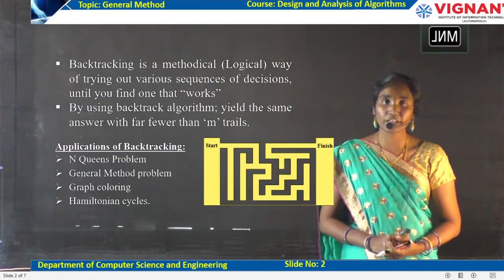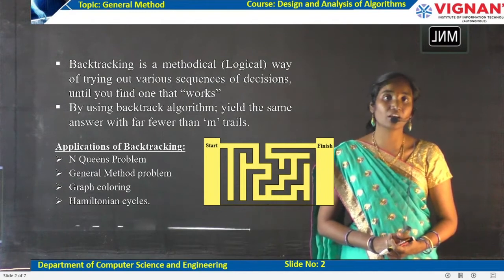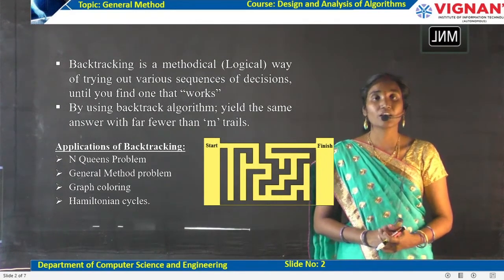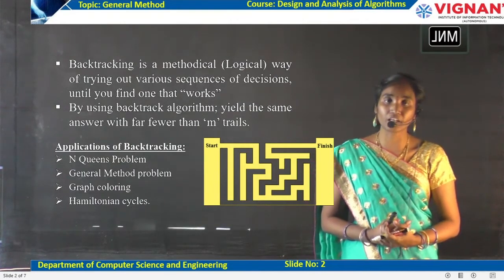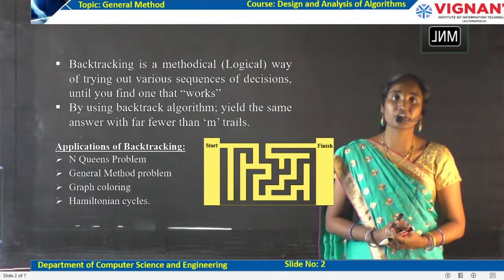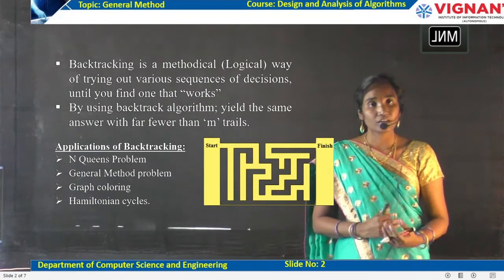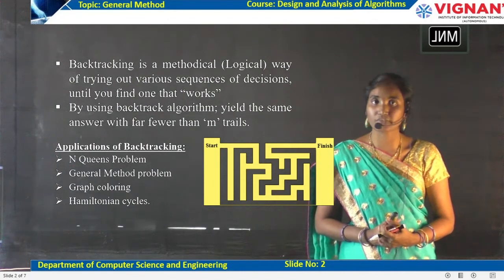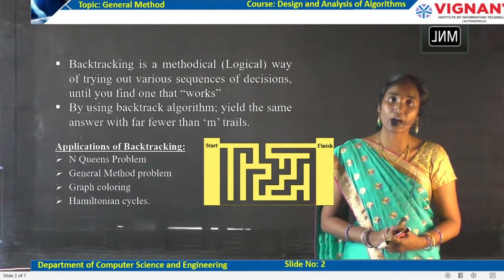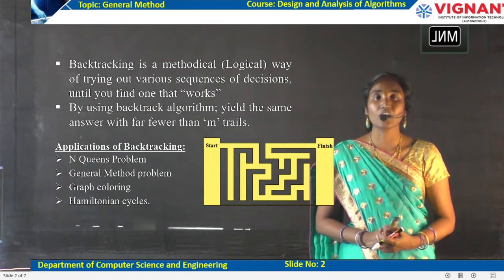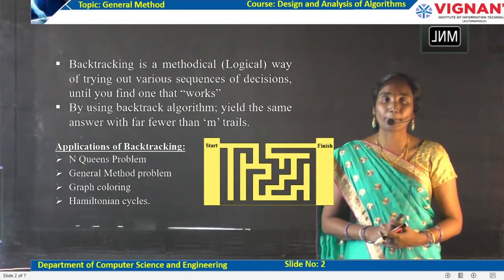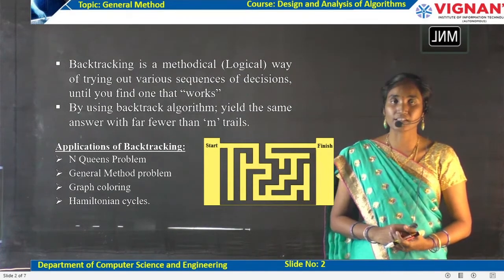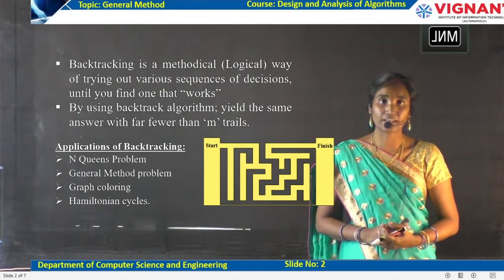Today we are going to deal with what is meant by backtracking and also what the different applications of backtracking are, followed by how we apply backtracking, the algorithm or control abstraction of backtracking, in today's lecture. The main objective of today's lecture is that students are able to understand the concept of backtracking, and also apply backtracking on a given problem instance once they know this lecture.